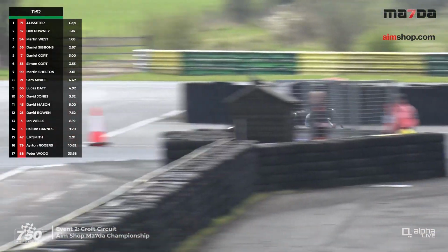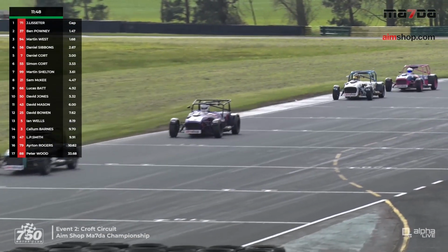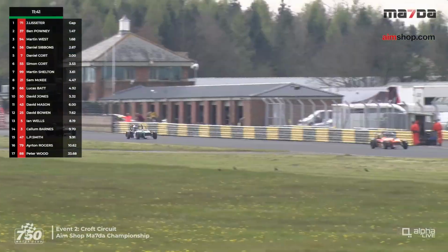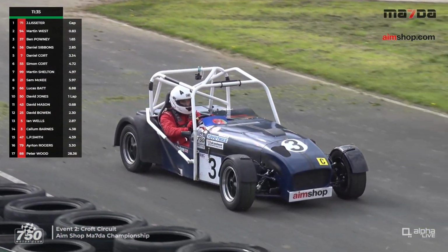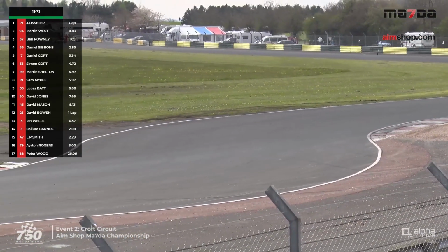As out of the final corner they come then, that's Daniel Sibbons in 56, with Daniel Court number 7 behind him. Behind Daniel is his brother Simon, 55 in 6th place. He's now ahead of Martin Shelton, number 99, in 7th place. Martin West has halved the lead gap. It's just 0.8 of a second now between Lister and West. A new fastest lap for West, faster than we saw yesterday,